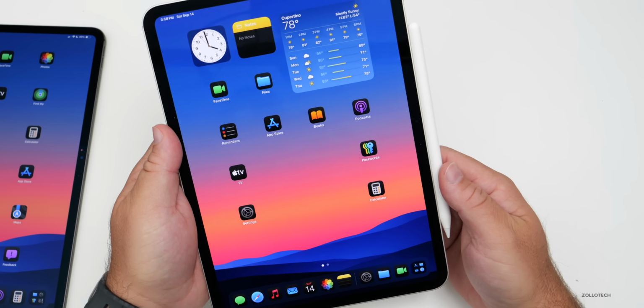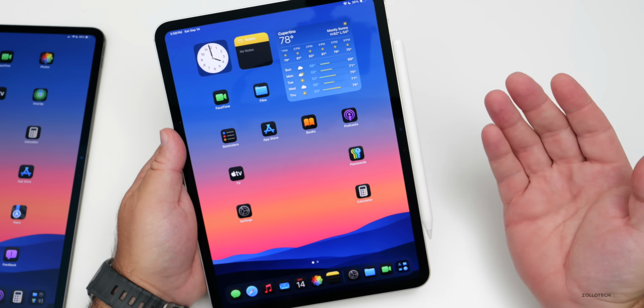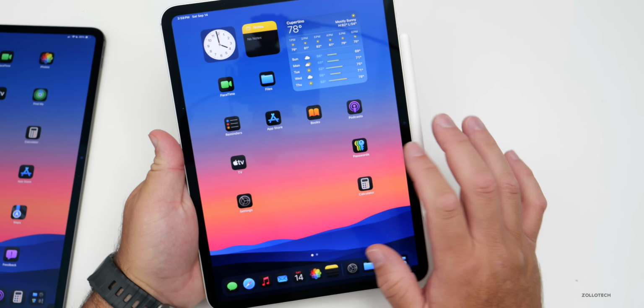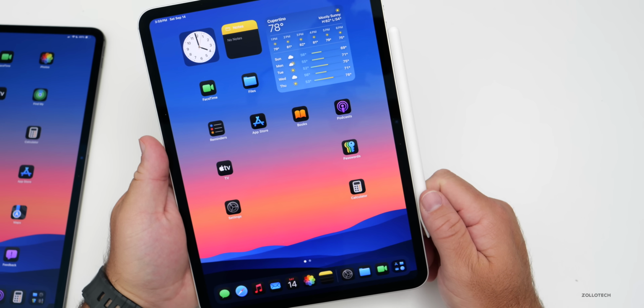So that's pretty much everything major with iPadOS 18. Not a huge update unless you include all the iOS 18 updates as well. Then it's pretty significant. Let me know what you think of it in the comments below,